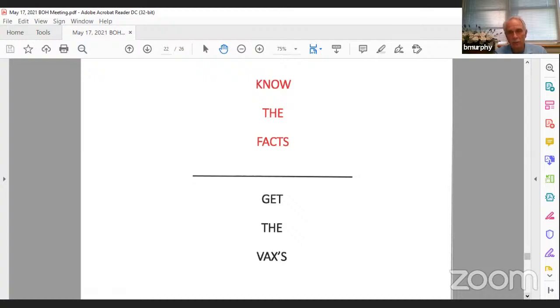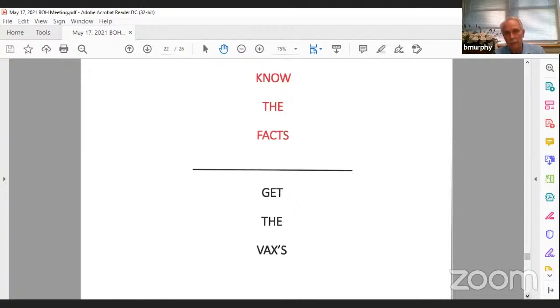So we've removed the mask signs at the landfill because people have been doing better up there and they can social distance. We're going to put new signs up there to remind people to get vaccinated. So we're hoping to do that this week. The signs that said mask up, we're putting them over to the voting polls tomorrow. I've been working with the town clerk, so they're going to move them over for voting.